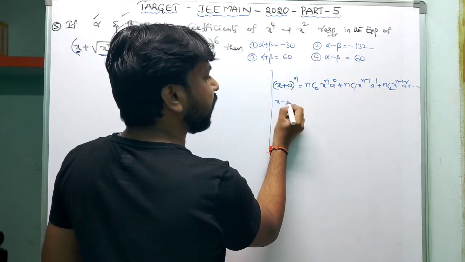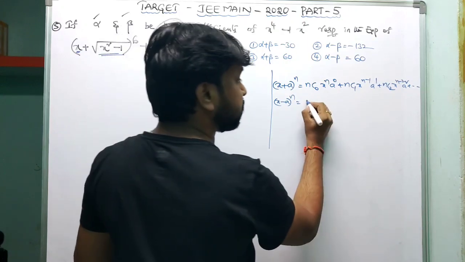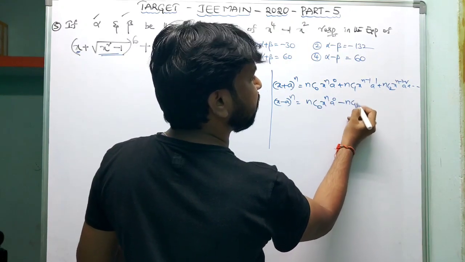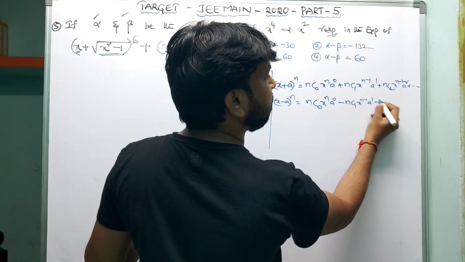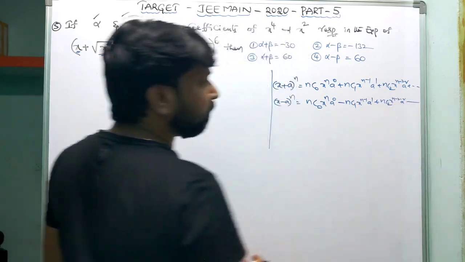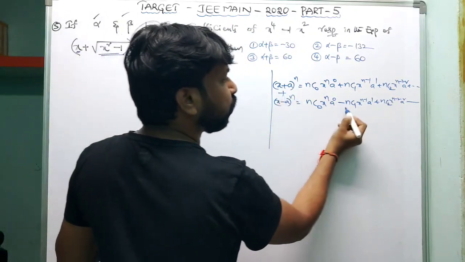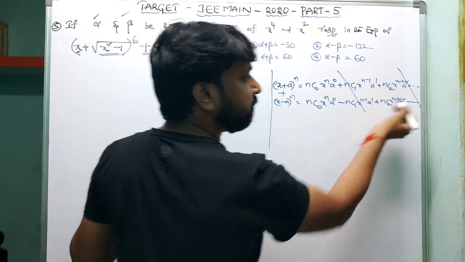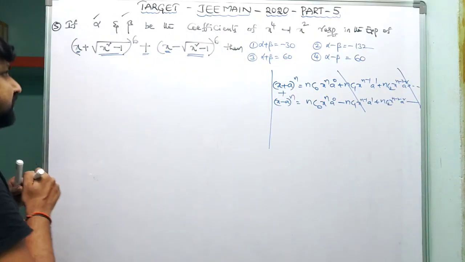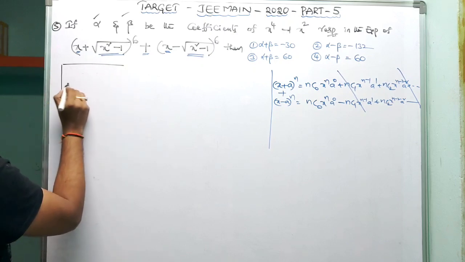If you observe, (x minus a) whole power n expansion is just alternating plus and minus: nC0 x^n a^0 minus nC1 x^(n-1) a^1 plus nC2 x^(n-2) a^2 plus so on. So whenever you add these two, the odd terms will be cancelled and the even terms you get 2 times. So we can write this expansion directly as 2 times of